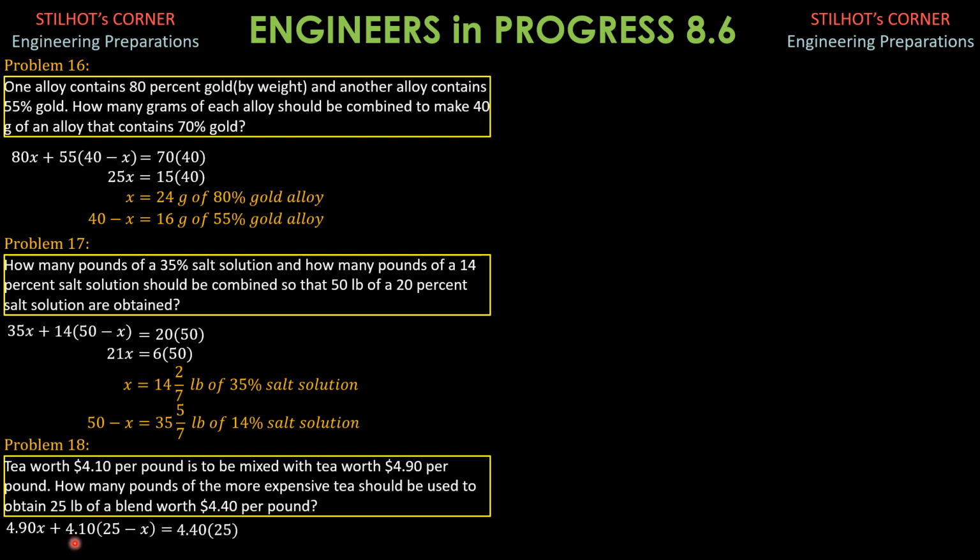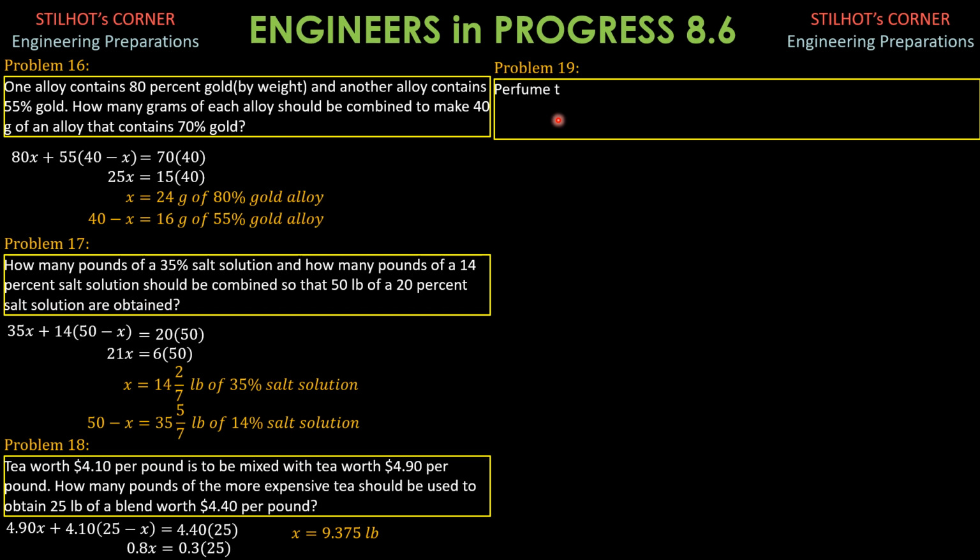So 4.9 minus 4.1 of x is 0.8x on the left side, and on the right side 4.4 times 25 minus 4.1 times 25. 4.4 minus 4.1 is 0.3 of 25 pounds. Solving for x, 0.3 times 25 over 0.8, x is 9.375 pounds of tea worth $4.9 per pound, the more